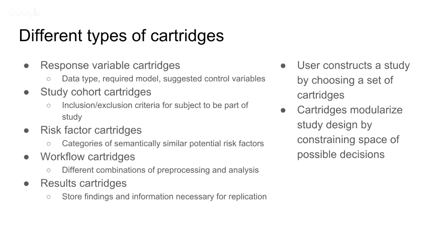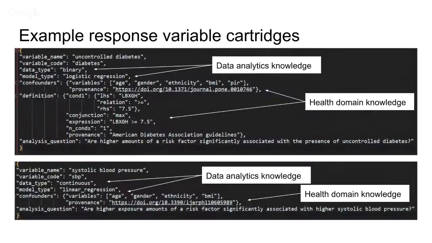And then you have workflow cartridges, which are kind of a none-of-the-above catch-all. Sometimes, for example, you'll want to standardize all of your study variables, and that would be included in a workflow cartridge. Things like a threshold for significance would be a cartridge as well. Once you've fit all your models and gotten the results, you write them to a results cartridge, which tells you what we learned and what we needed to use to learn these things.